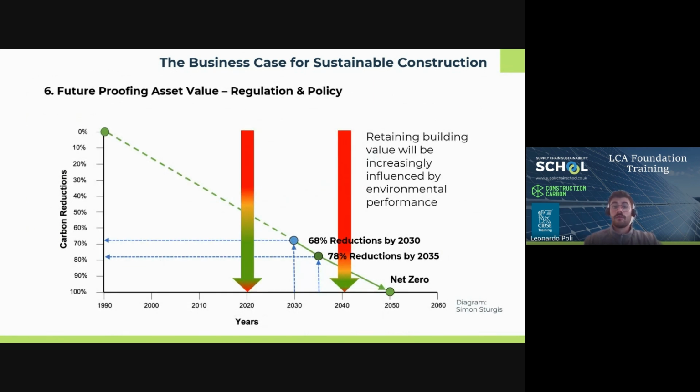Future-proofing asset value, regulatory and policy. Preempting expected changes in regulation will help retain building value into the future. Legislation surrounding climate-related disclosures for the built environment is becoming increasingly more common, with countries potentially introducing a carbon cap within the next decade. In Europe, the EU Green Deal mandates no net emissions of greenhouse gases by 2050. In line with the Green Deal, the European Commission will adopt a first set of sustainability reporting standards developed by EFRAG by the 30th of June 2023.